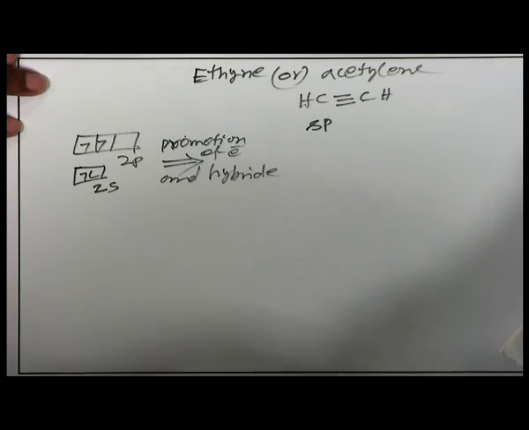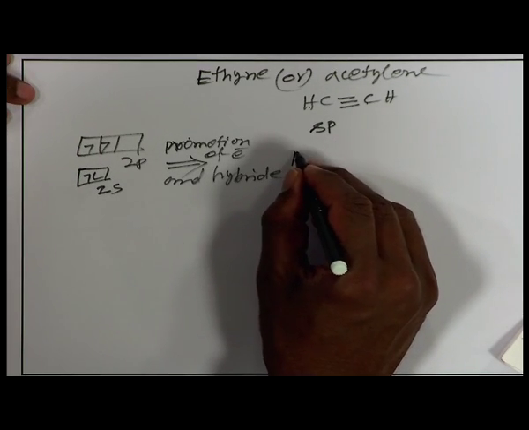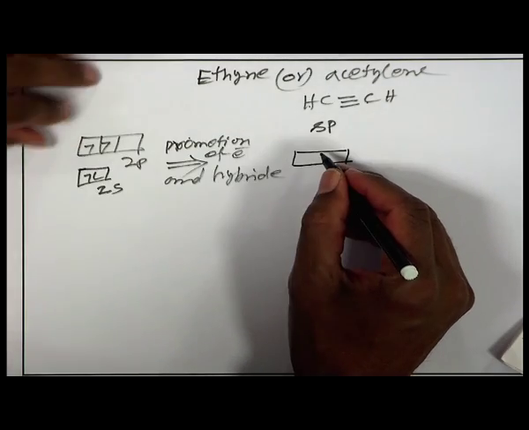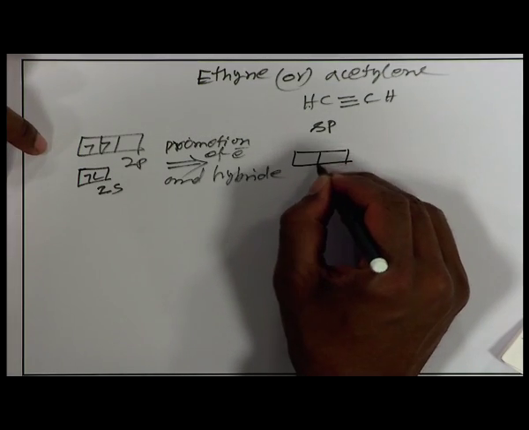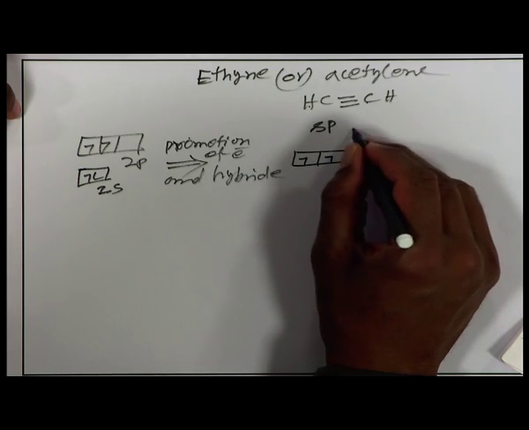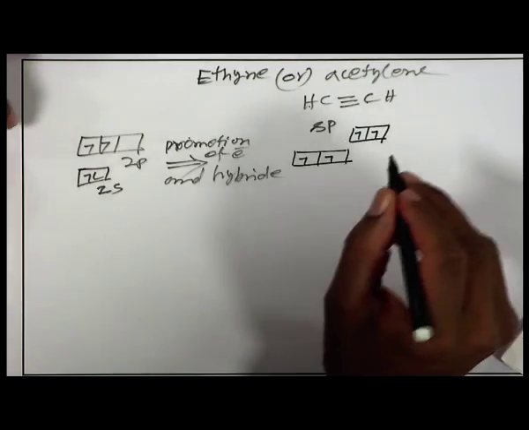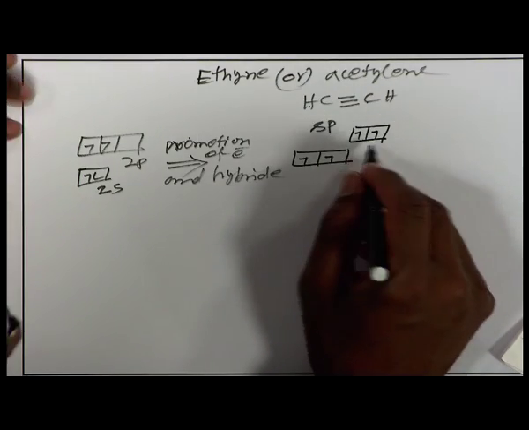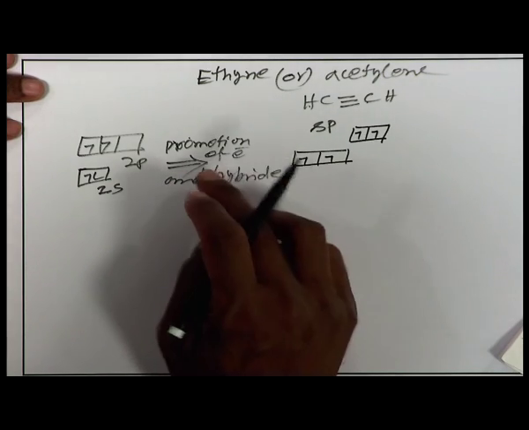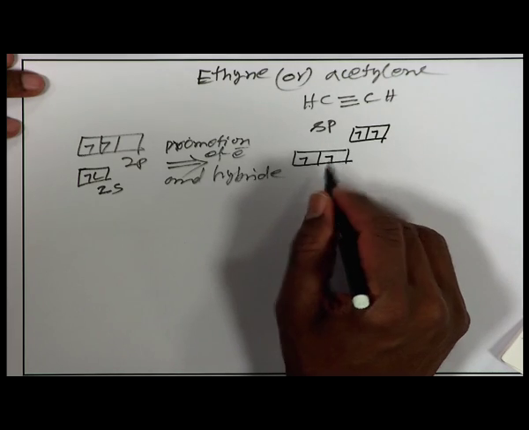Then you will have 2 hybridized orbitals containing 1 electron here and here, and then there are 2 more unhybridized orbitals containing 1 electron each. So the number of valence electrons is 4 here and 4 here also. After promotion of the electron and hybridization, the number of valence electrons does not change, it remains the same,